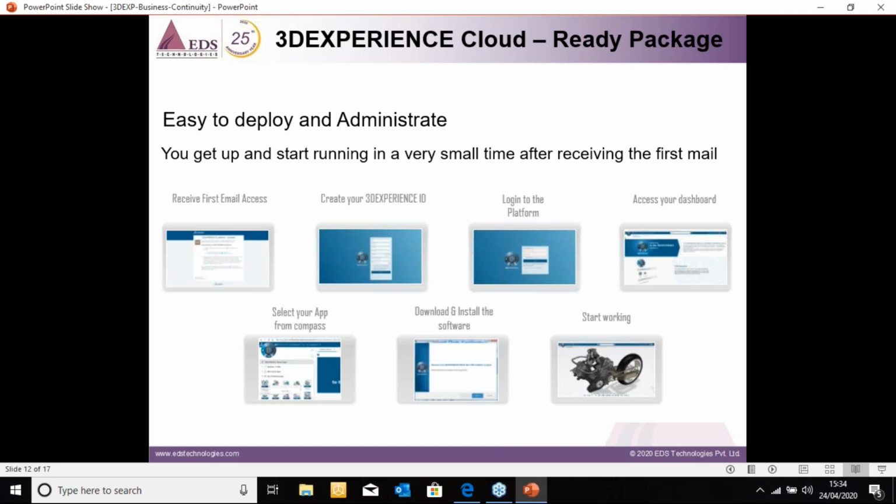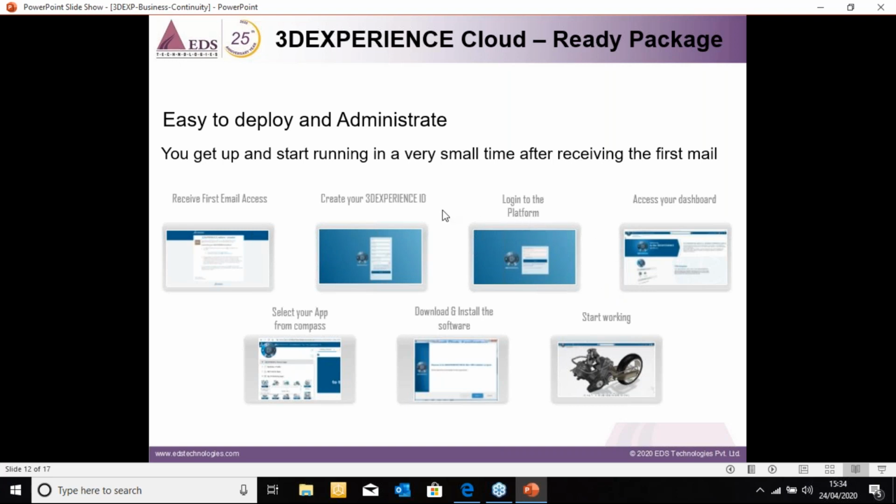Whatever solutions I've just referred to are all available out of the box, unless you need some configuration or customization to be done, but otherwise it is all readily available for you to look at. So you will receive the first email where you may have to register, then you may have to create a 3D Experience ID. That is the flow for you to access this readily available package.